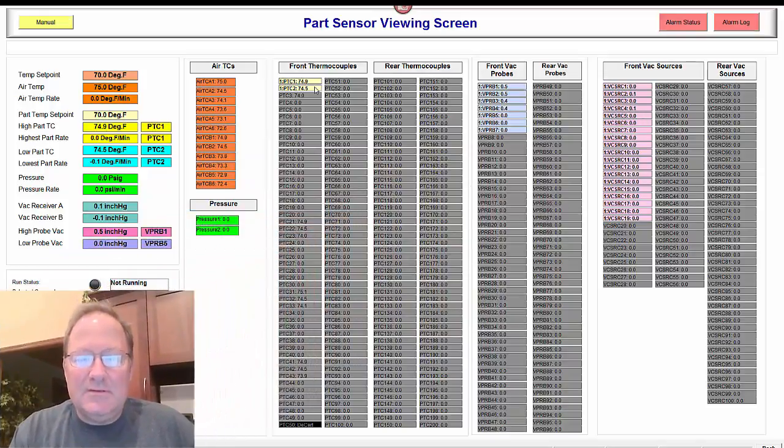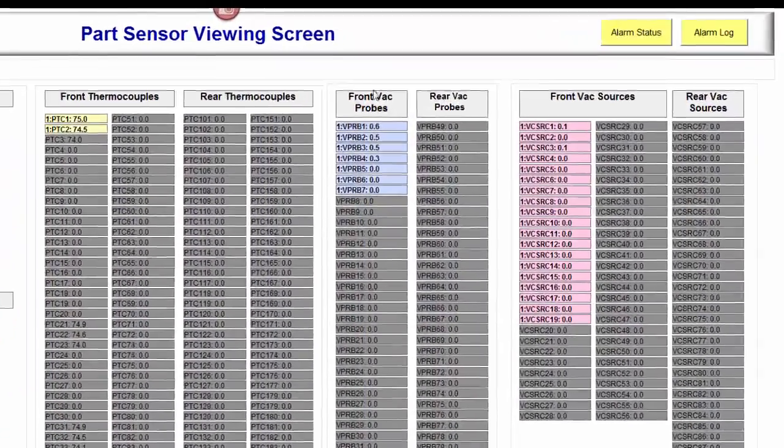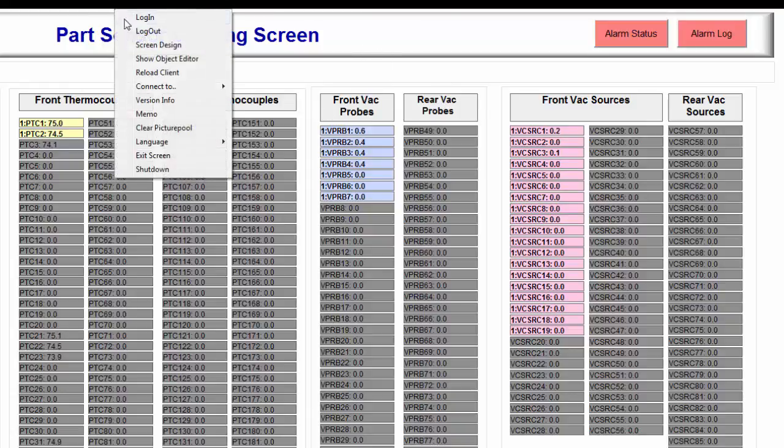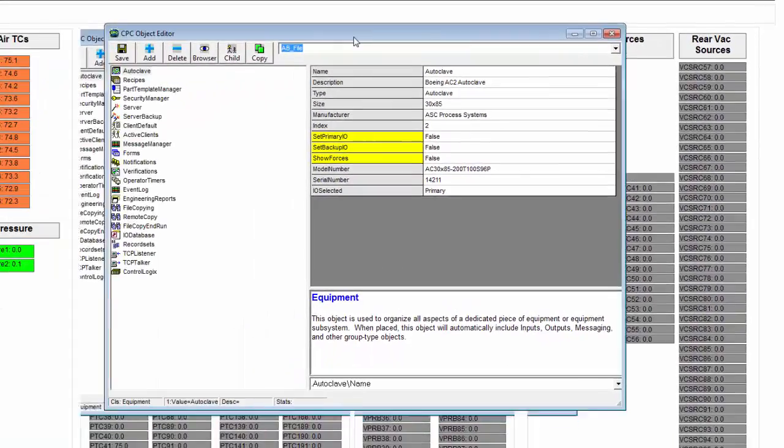So in this configuration we've got thermocouples and vacuum probes as inputs, but you'll see over here there's also vacuum sources which are being monitored by transmitters. In this case we would normally have a part attachment which would be a part thermocouple, a vacuum probe, and a vacuum source, although the vacuum source would be an output. And so in the configuration here you'll see